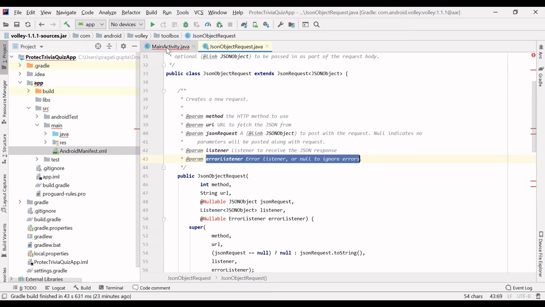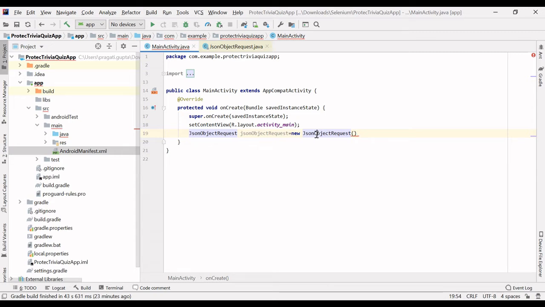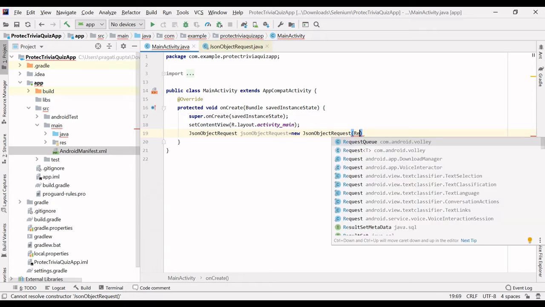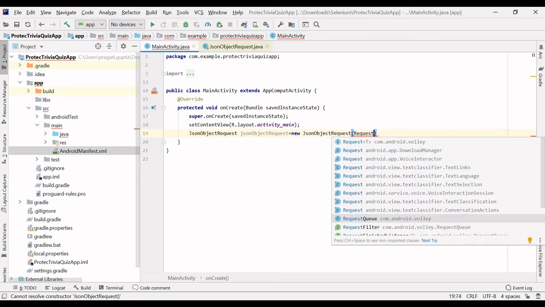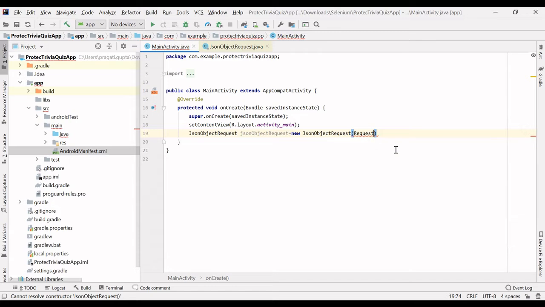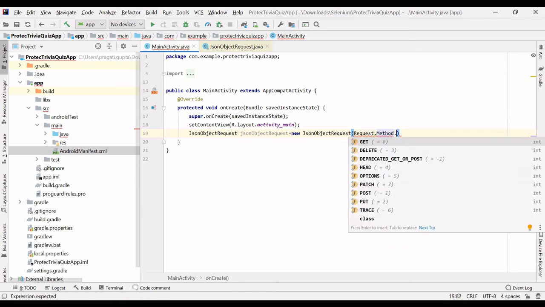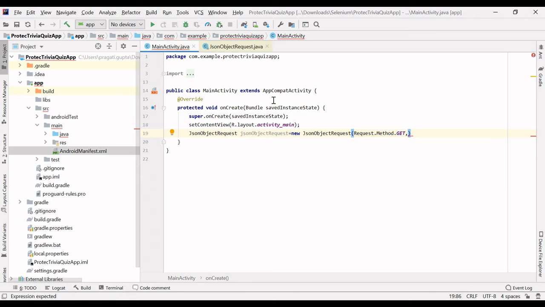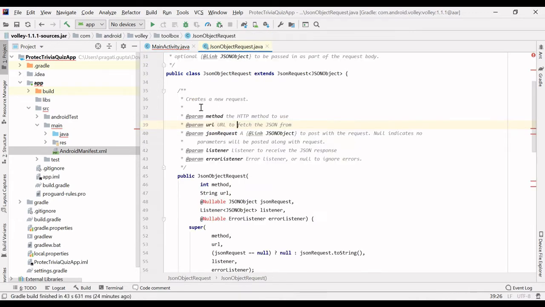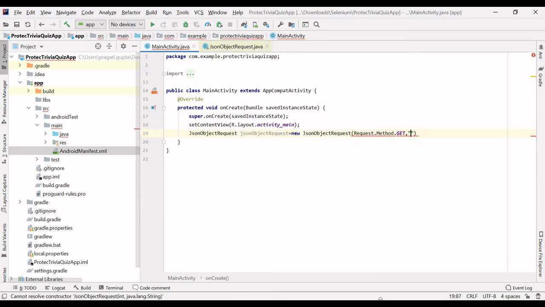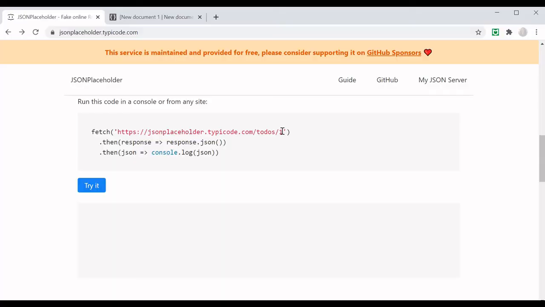So let's provide the parameters in this JSON object request. First is the HTTP request type: Request.Method.GET. The second argument is the URL, so you have to provide this URL.